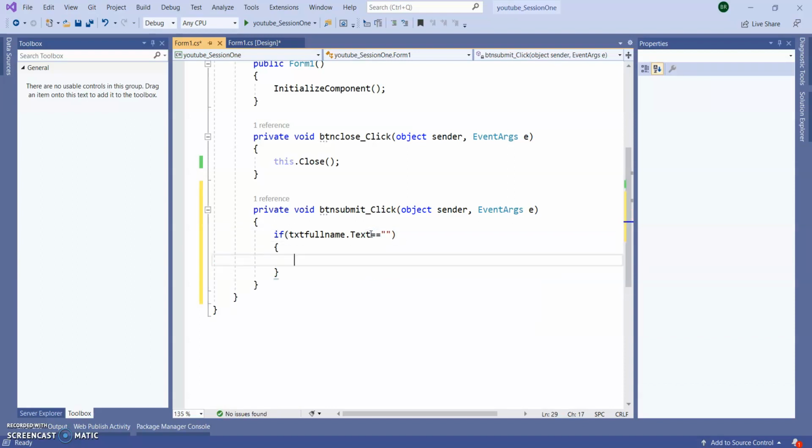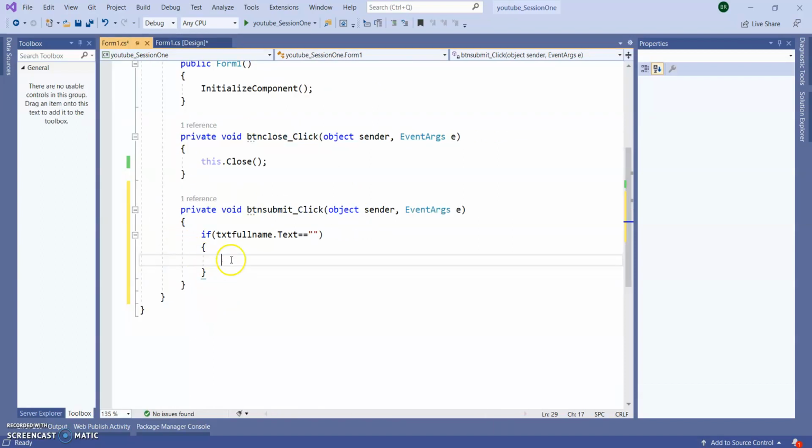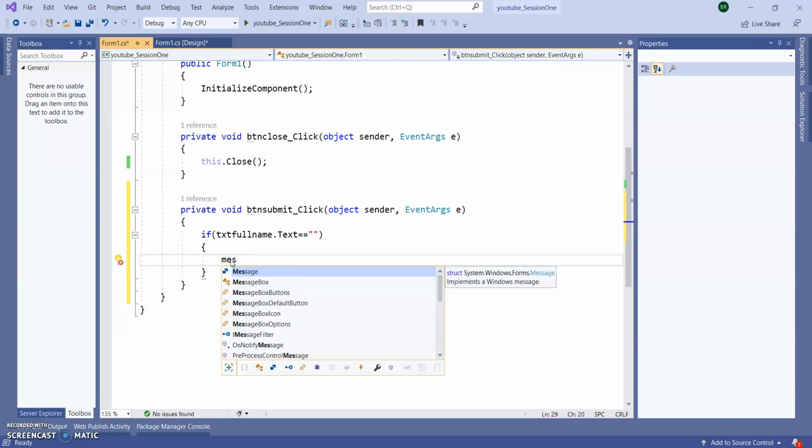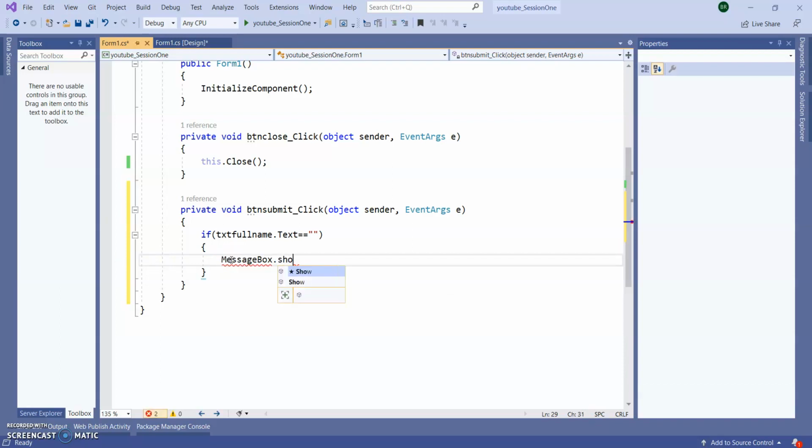then Microsoft .NET gives some predefined function to show the message box, that is MessageBox dot Show. Here I am giving a basic message box which says, full name, please enter the full name, right?